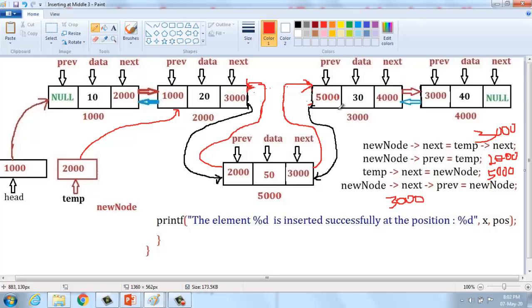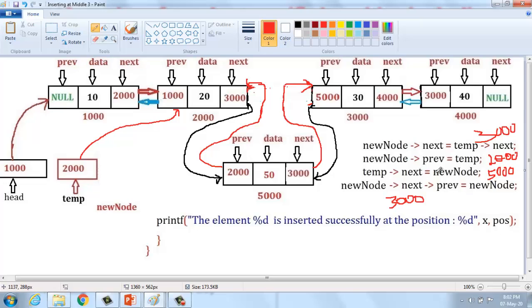Once again I am going to explain. New node next is 3000. Previously we have to create a link from the new node to the next node. Then new node previous: we have to make a link from the previous node, that is temp. What is the value of temp? 2000. We have to create it. And then temp of next should be changed into 5000.